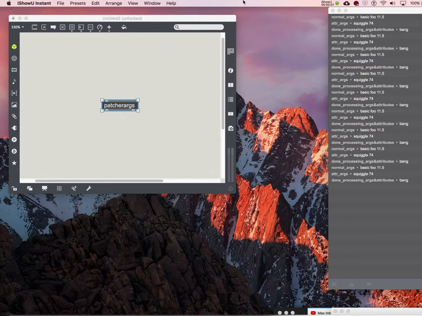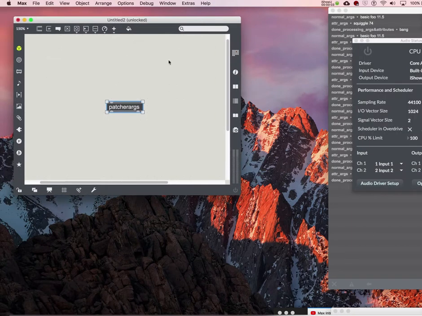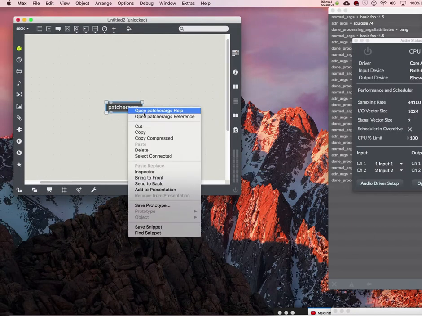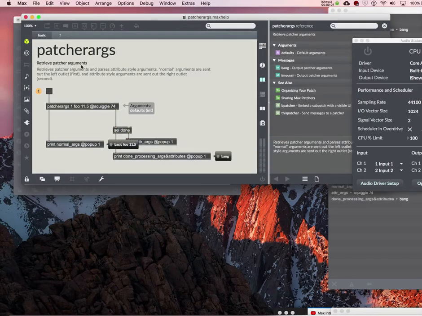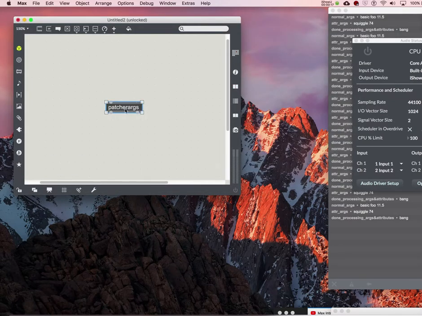There's an object called patcherargs. If you go to the help file, you'll see it says "retrieve patcher arguments." But the example they gave actually confused me, though it's a very useful object. So in the previous videos, if you have seen the abstraction lesson,